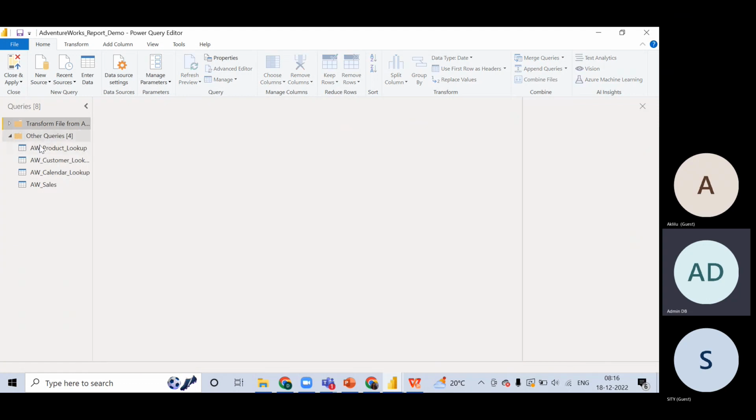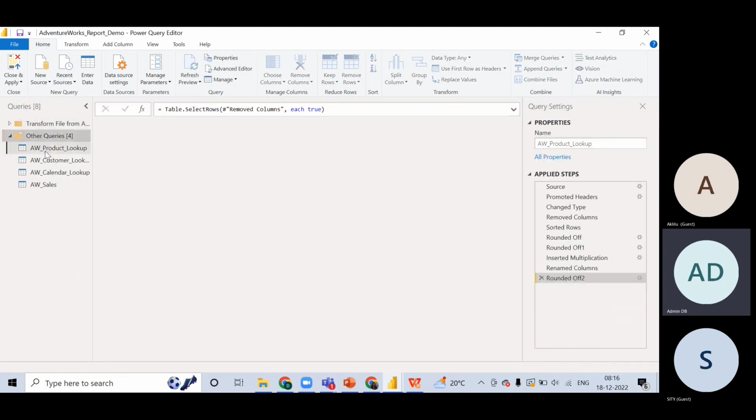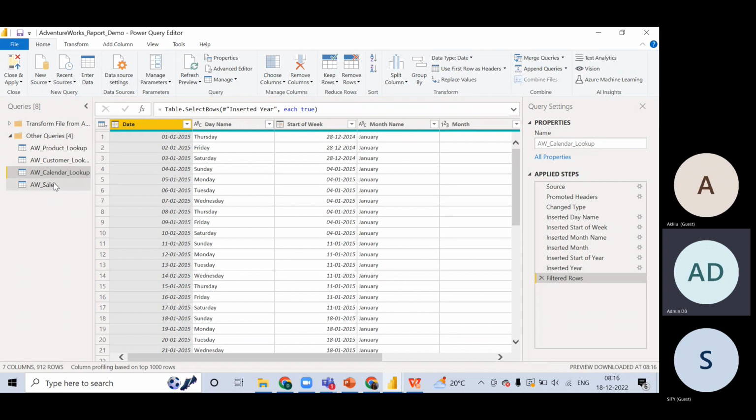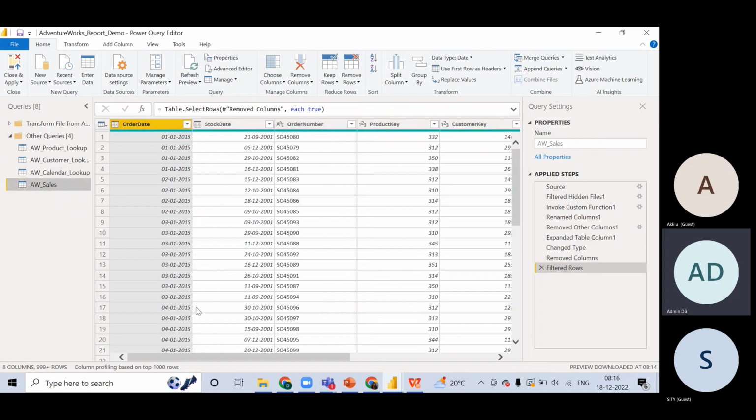Just hide this. And now under queries, we have 4 queries: product lookup. I'll refresh it. Customer lookup, calendar lookup, and sales. In sales, we have 3 years of data, right? So this is how we have used append queries, right? So in append queries, in AW sales, we have all the 3 data sets appended, but we have not gone with this particular option. What we have done is to append, we have created a folder in our desktop in which we have put all the 3 data sets,